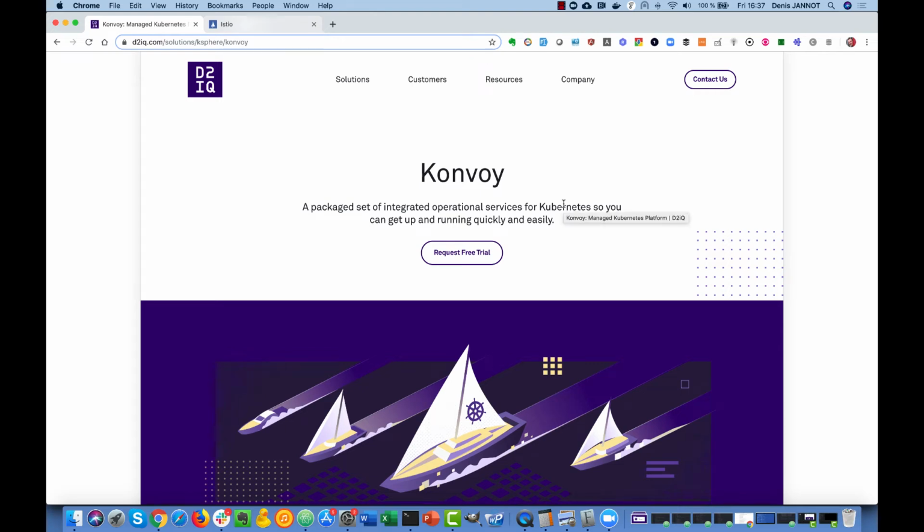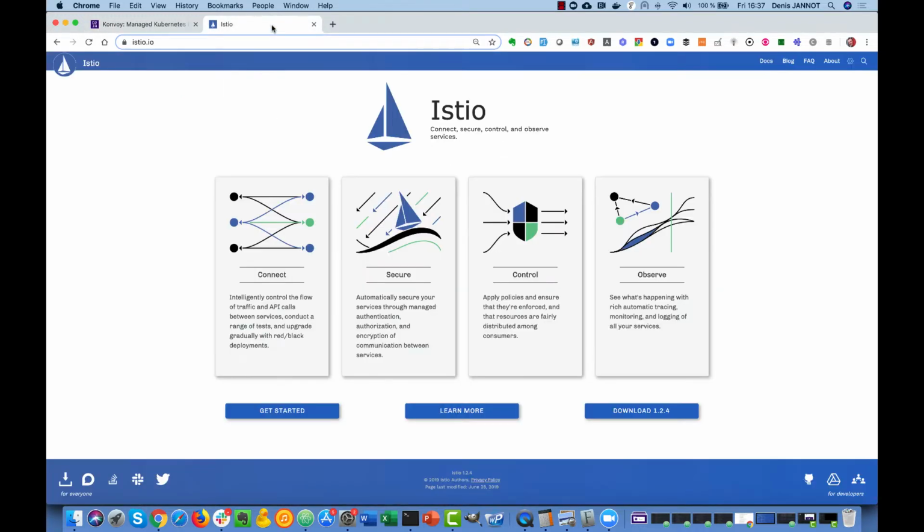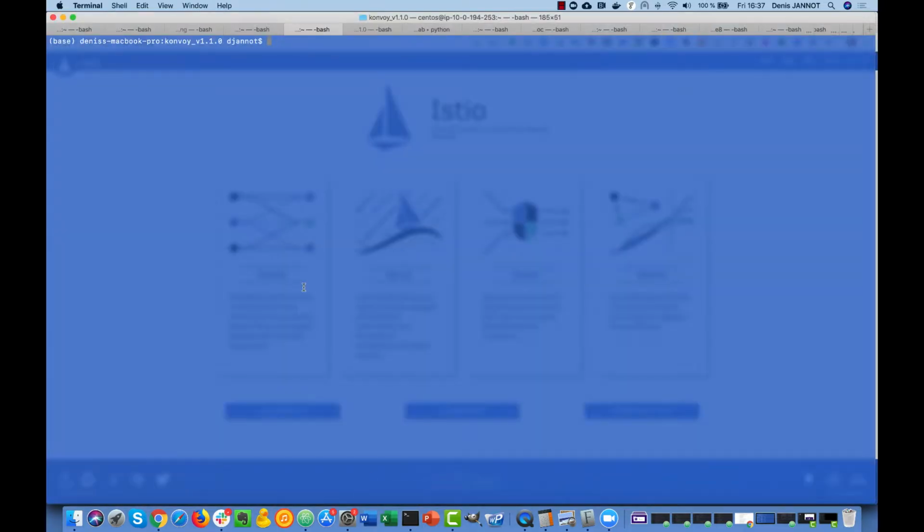Hi everyone. In this demo, we will deploy two Convoy clusters to get two Kubernetes clusters in version 1.15.2, and then we'll deploy Istio on top of these clusters, and we'll set up Istio in multi-cluster mode with two control planes, and we'll show how to use it to get bursting and disaster recovery and so on. So let's start by just deploying two Convoy clusters.